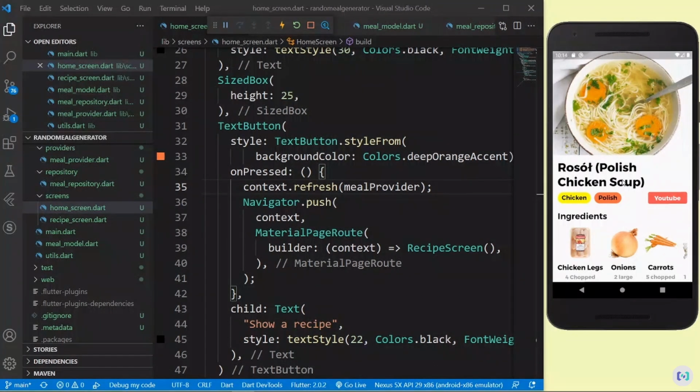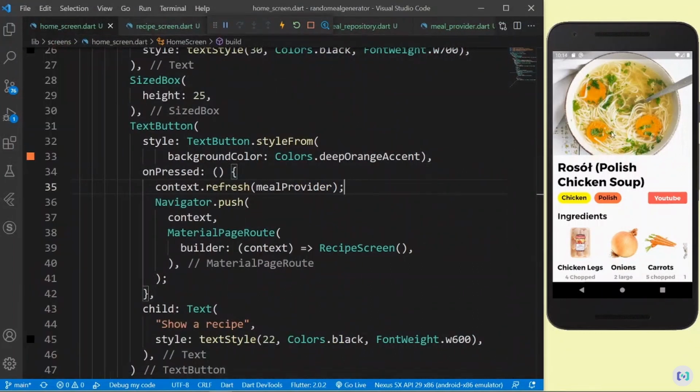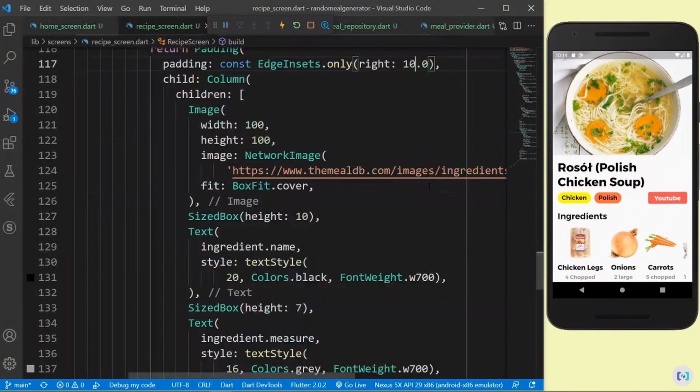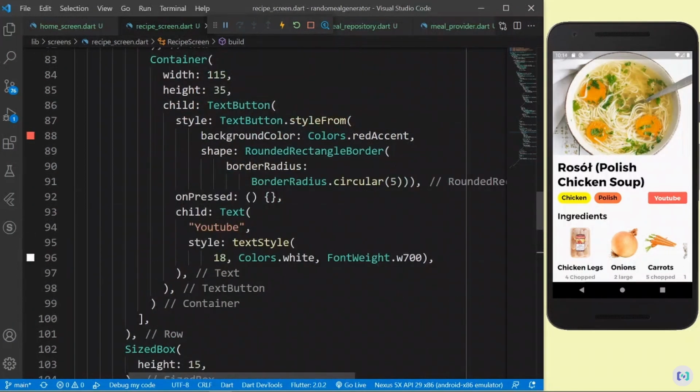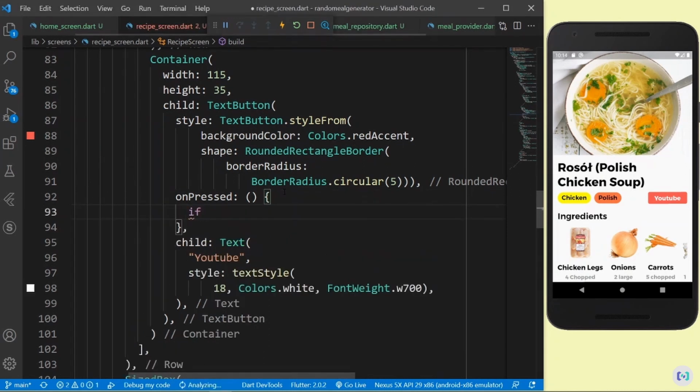And the last thing we have to implement is only the YouTube button, right? Whenever the user clicks on the YouTube button, I want to get a YouTube video in the YouTube app. So to get the YouTube video, it's also pretty easy. Let's go to the YouTube button here in the recipe screen, and on press. So we first have to check if the YouTube URL is null or not. So I'm going to say if recipe.youtubeURL is not equal to null,